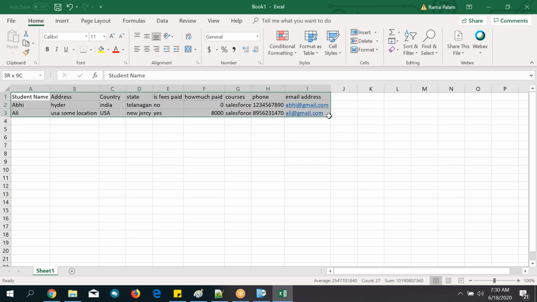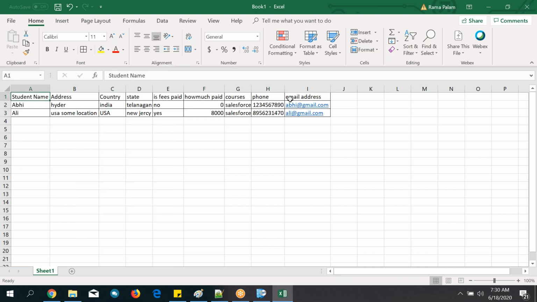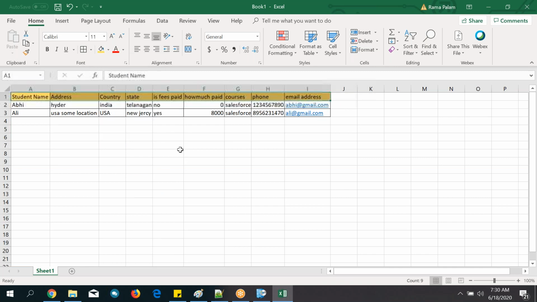So like this, institute staff can store your data in their Excel sheet and maintain it. In olden days they did it this way. Suppose they buy our Salesforce application and start using the Salesforce software. Previously they were not using Salesforce, now they are going to use it.